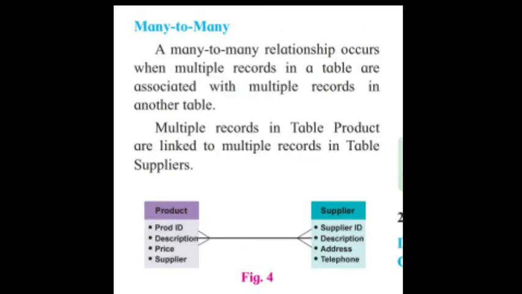Now we are going to focus on our third type of relationship called many-to-many relationship. In the case of a many-to-many relationship, what happens? We can interrelate data, or maintain the relationship between multiple tables under a many-to-many relationship. So guys, how can we do this? Let me take an example.